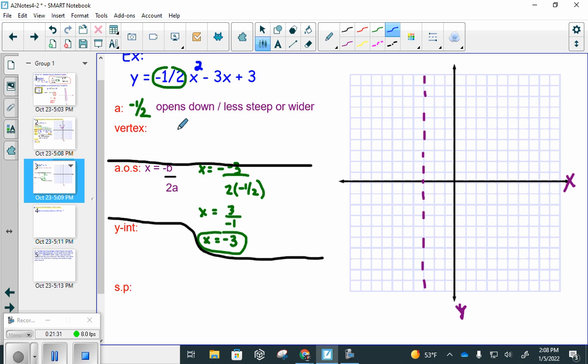Now I need to backtrack and go back up here and find the actual location, the vertex. It's somewhere on this line. Because I already know the x value, I'm going to go ahead and just fill in -3 for the x coordinate, and then leave the y coordinate blank until I find it. Again, to find it, you go back up here where you see x, you're going to put -3 in its place. So your problem is going to be y equals -1/2